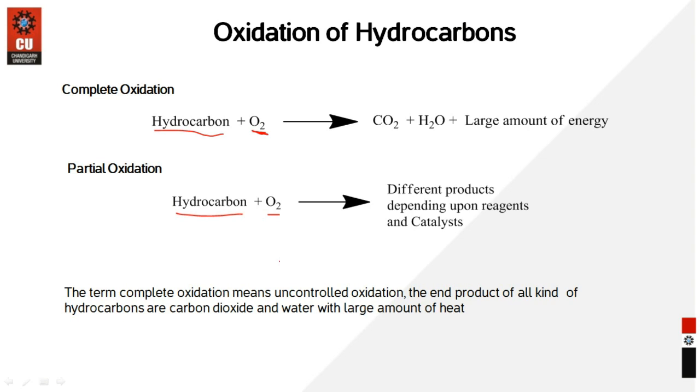Then what should be the difference? The difference is if you supply excess of oxygen, right? That is complete oxidation or uncontrolled oxidation. If it is a complete oxidation or uncontrolled oxidation, it always gives us carbon dioxide plus water plus a large amount